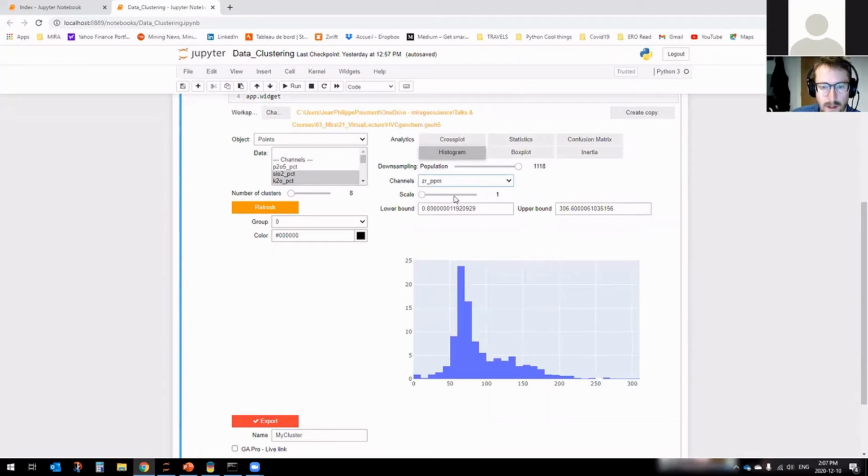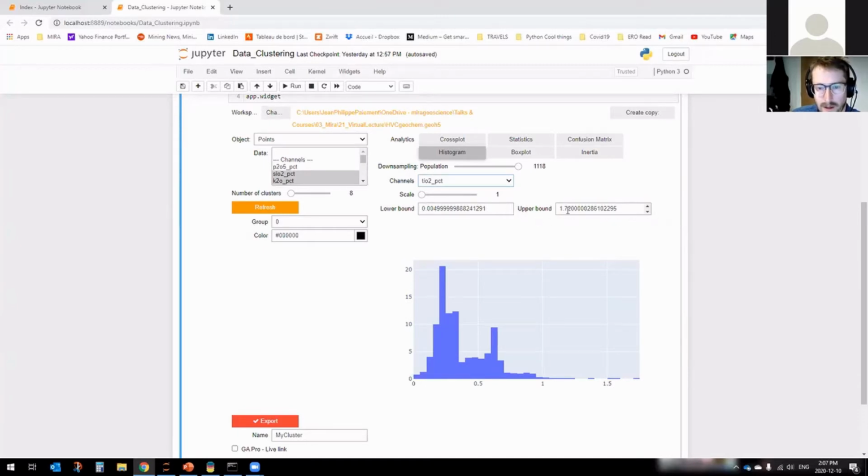The other thing I can go and do here is actually scale my data. So all of the data would be normalized from 0 to 1 in order to be fit through the clustering app. And the goal here is just to make sure that everything is on the same scale. Just because if you have too much variation in your scales, if you compare, let's say, zirconium here that has a scale from 0 to 300, and if you were to cluster that against something like a titanium here that has a scale from 0 to 1.7, zirconium would be overpowering all of the clustering. So what you want to do is scale it from 0 to 1, which is done under the hood here